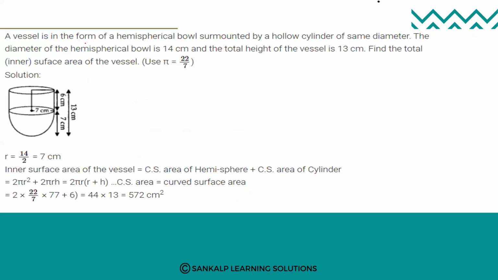Next, a vessel is in the form of a hemispherical bowl surmounted by a hollow cylinder of same diameter. The diameter of the hemispherical bowl is 14 centimeter and the total height of the vessel is 13 centimeter. Find the total surface area of the vessel. So the total height of this vessel is 13 centimeter and diameter is 14 centimeter. They have given that 14 centimeter is the diameter of the cylinder and the hemisphere,